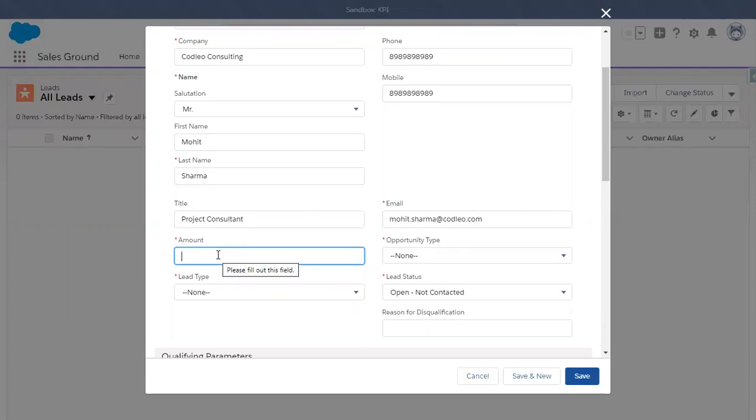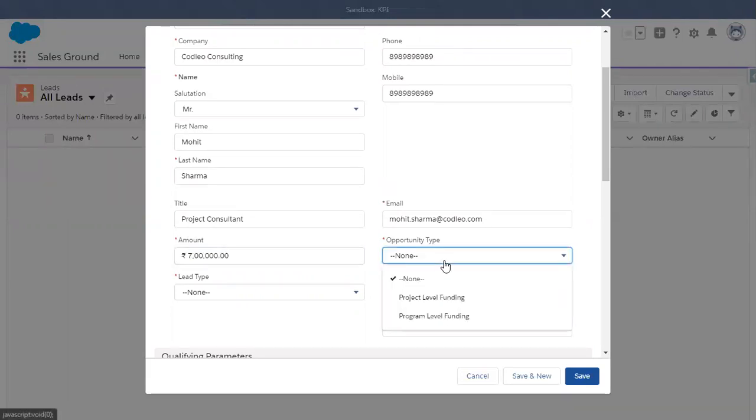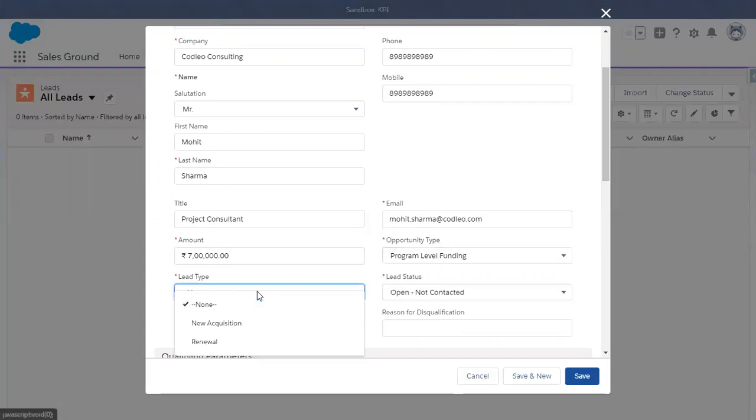So I'm just putting any amount. Here we can select the opportunity type, whether it's project level funding or program level funding. This is the lead type, new acquisition or renewal. If I choose this,